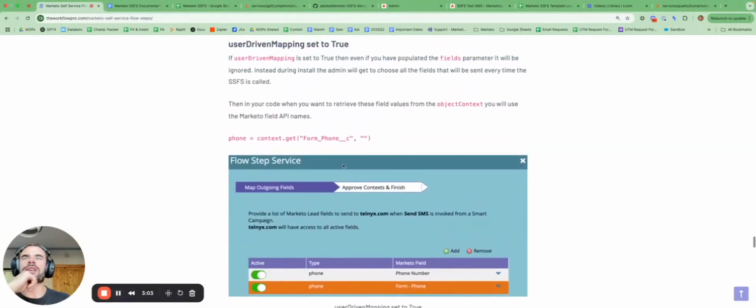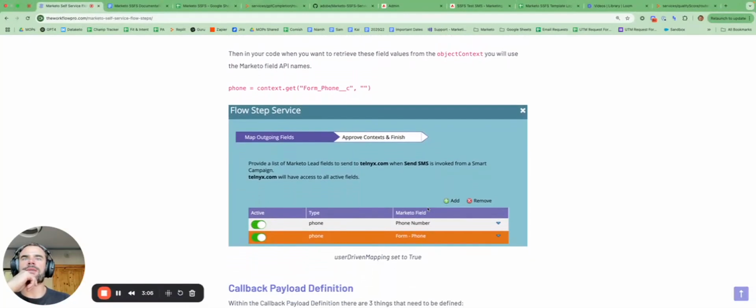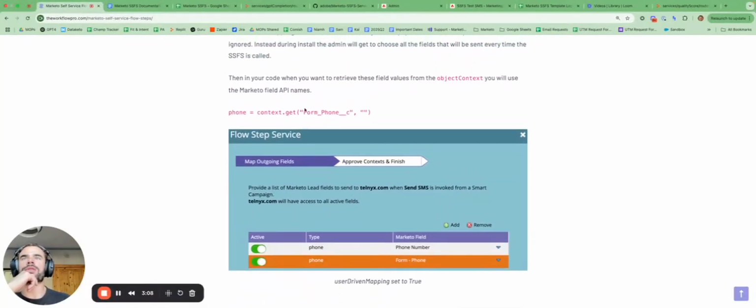And as I mentioned here, when you want to reference these fields in your code, you're going to use the API name of the fields. So in this case, if we want to extract the phone number from the payload Marketo sends us, we're going to reference the API name of the field. So that's one key difference when user mapping is set